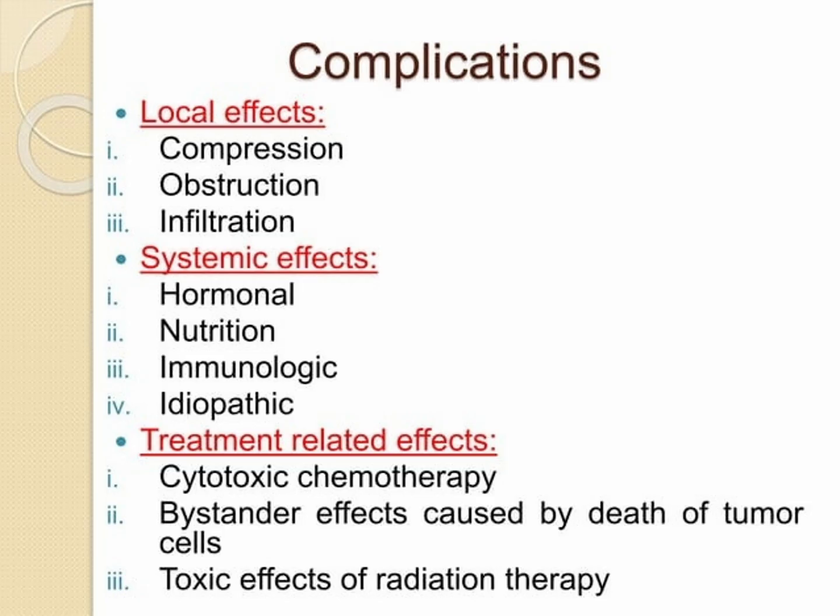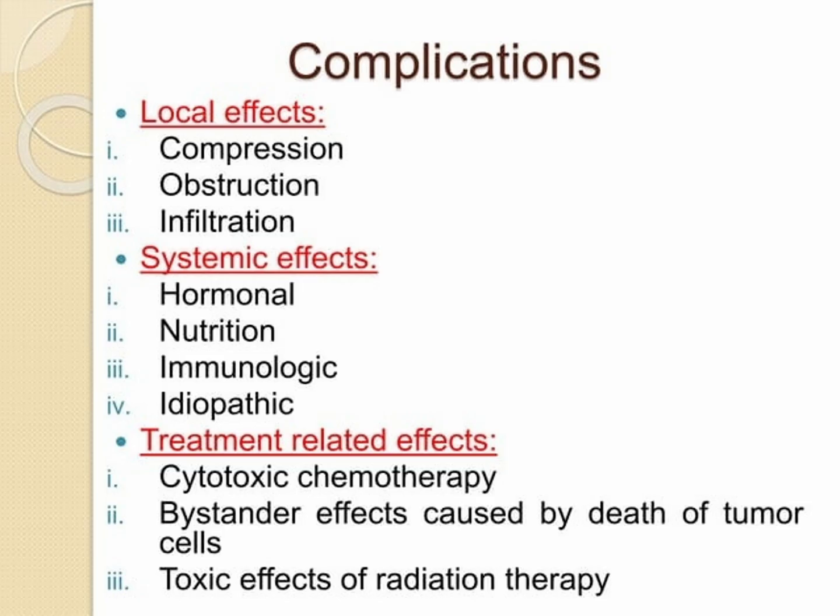Bystander effects caused by death of tumor cells. Then toxic effects of radiation therapy. These are the complications. So local effects, compression, obstruction, infiltration, systemic effects, hormonal, nutrition, immunologic, idiopathic. The treatment-related effects, there are many adverse effects, cytotoxic chemotherapy, then bystander effects caused by death of tumor cells,